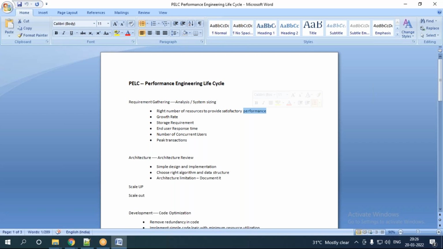What is the right number of resources? What is your CPU? What is your memory? That is your first and foremost activity: checking the right number of resources to provide satisfactory performance to the end user.